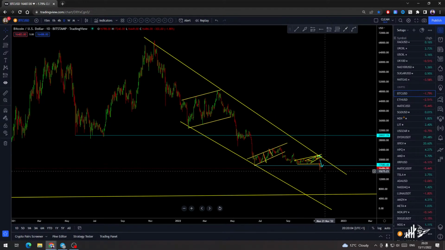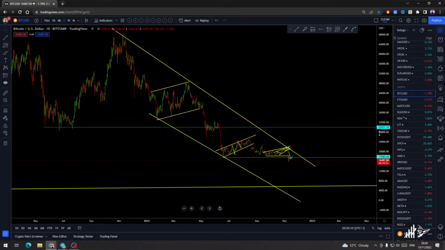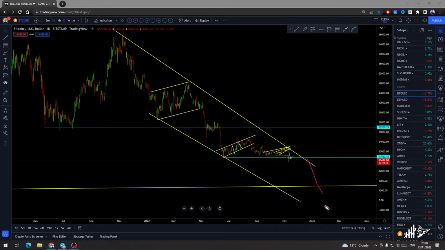There is no buy, so you have to wait. So stop asking where to buy the Bitcoin or where I think it will go. I have no idea. It can go all the way to 4k. It can go just a little bit. I don't know. Nobody knows. Whoever says that he knows where the Bitcoin or the price will turn is lying to you, because there is no proof where the chart will turn.